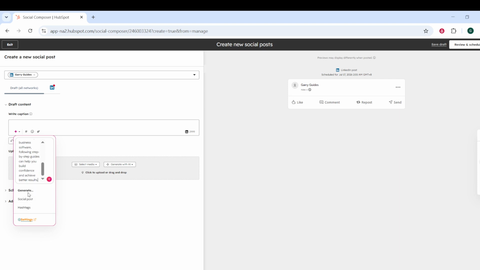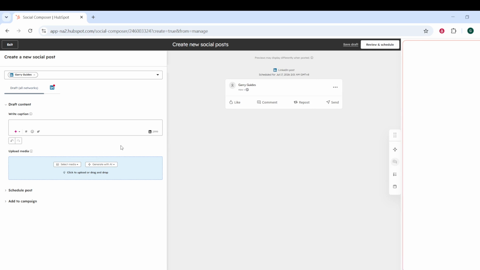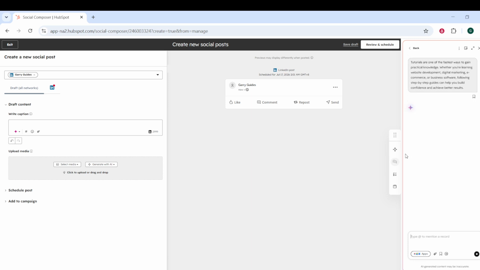Now type your text prompt outlining the post topic. Keep your prompt clear and specific, so the AI can produce content that matches your intent. For example, you can mention what you are promoting and the main message you want to communicate. Focus on the topic and the goal of the post, since those details help the generated draft sound more aligned